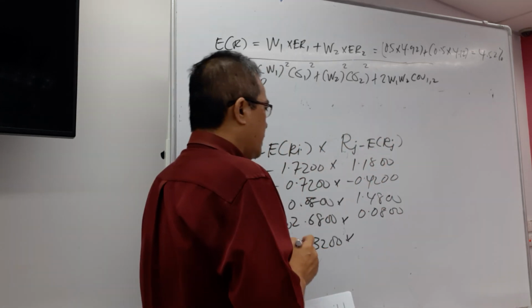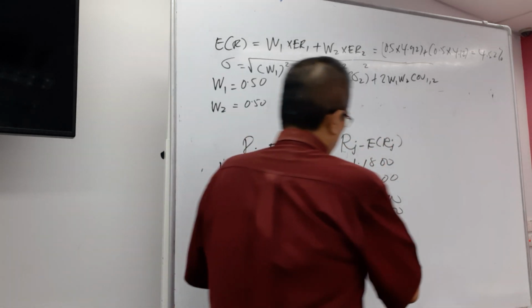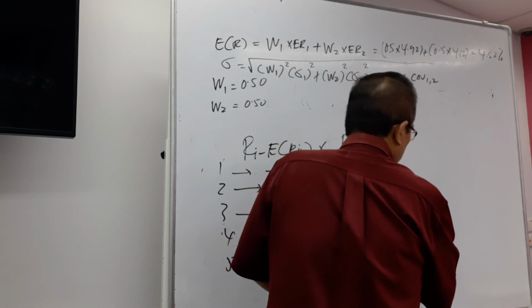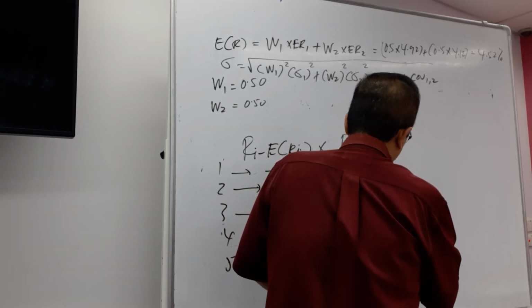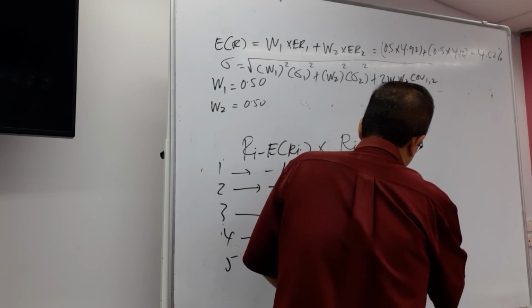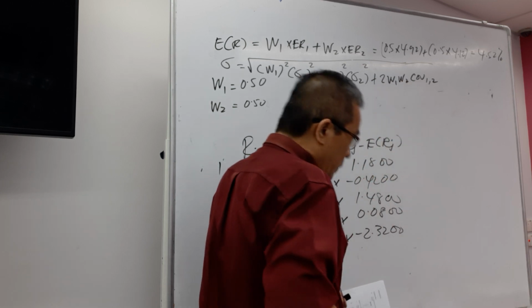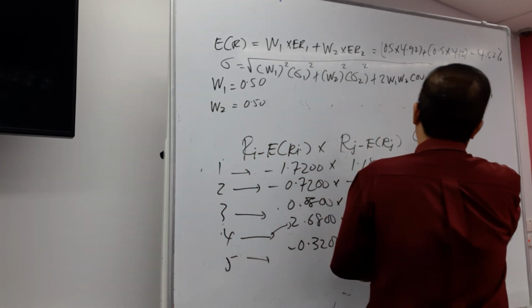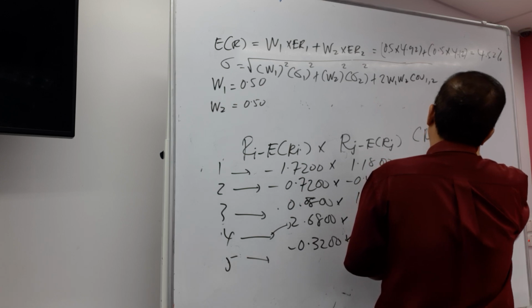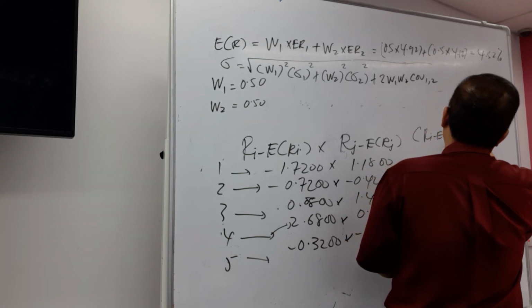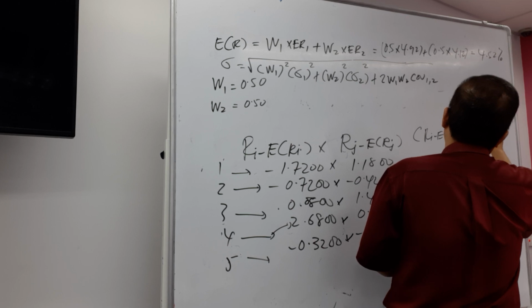And the final month, negative 2.3200. Okay, you multiply these two, Ri minus ERi multiplied by Rj minus